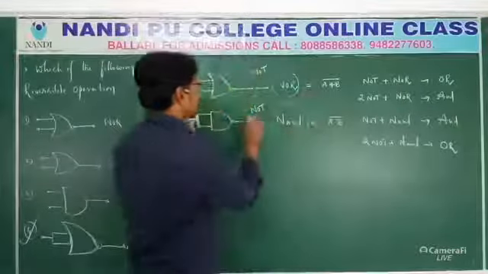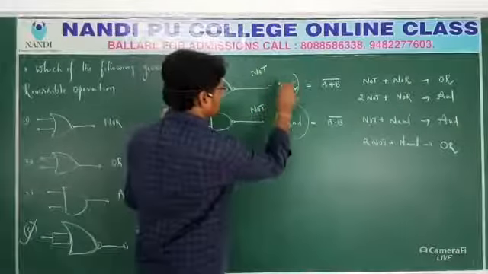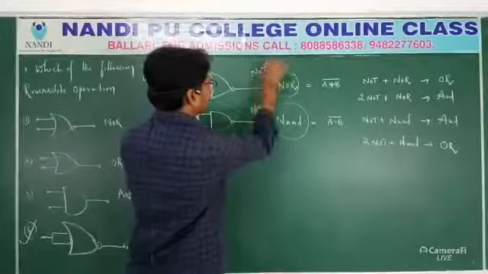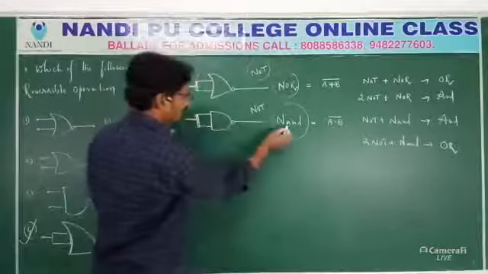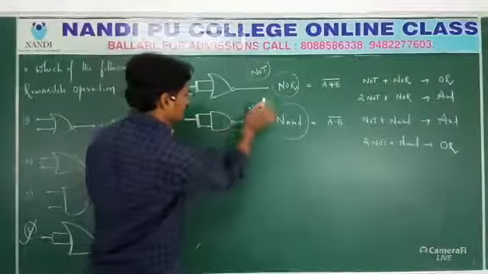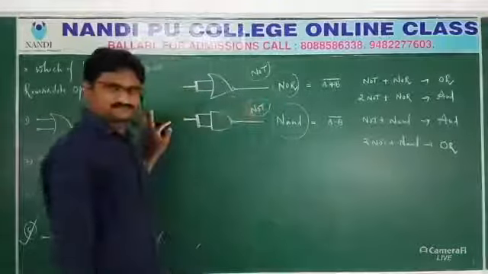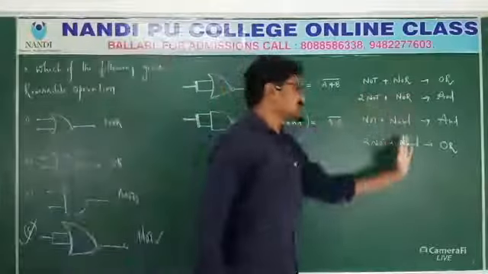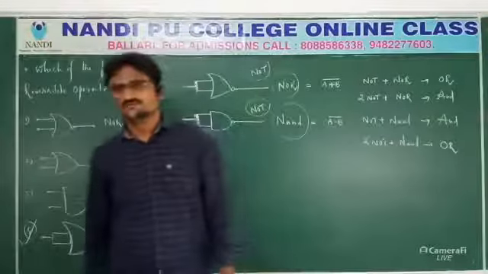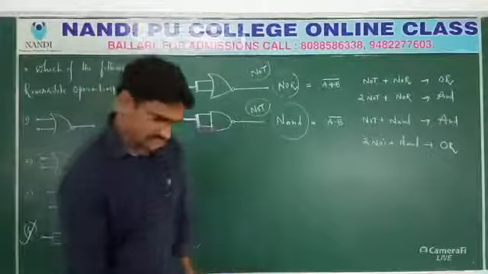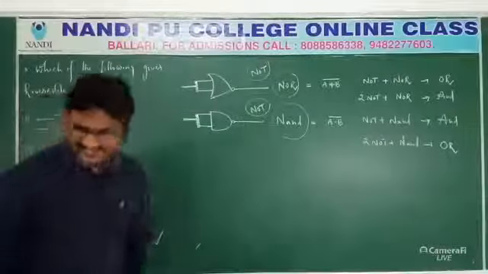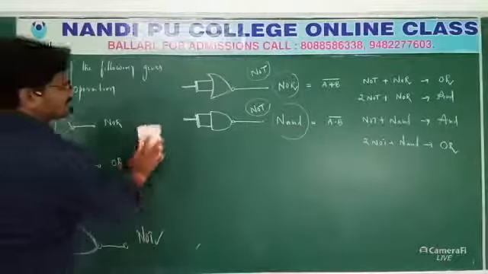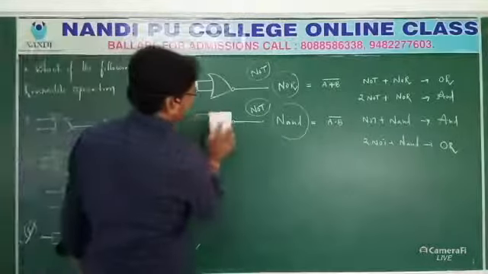Before, what I said: for a NOR gate, when two inputs are joined, what came? NOT gate. For a NAND gate, when two inputs are joined, NOT gate comes. Again, how can we get the other gates back? This is the procedure we have to follow. Okay, next. Especially for OR gate and AND gate, we have some formulas. As I discussed earlier, once again I will write here.